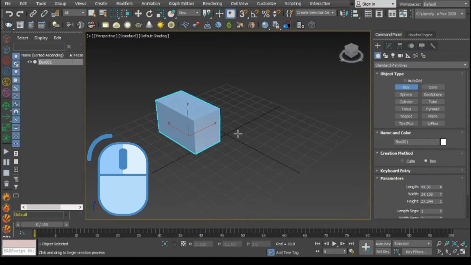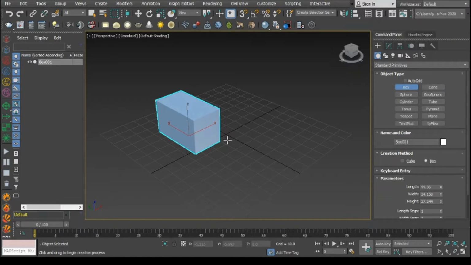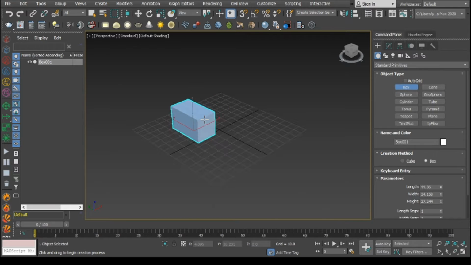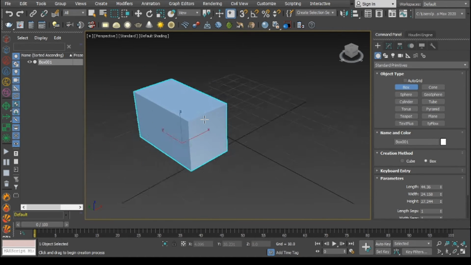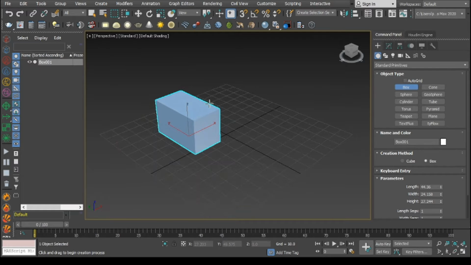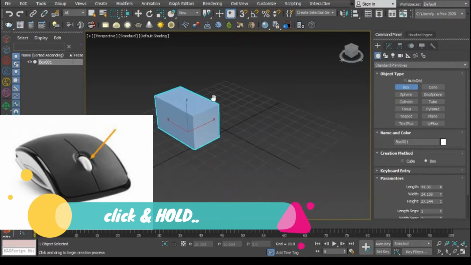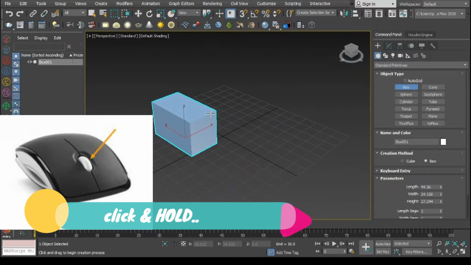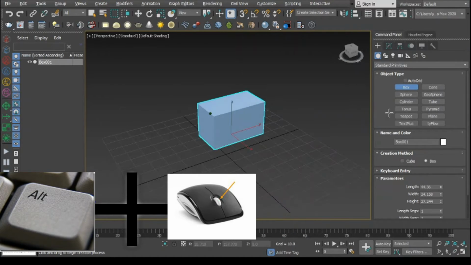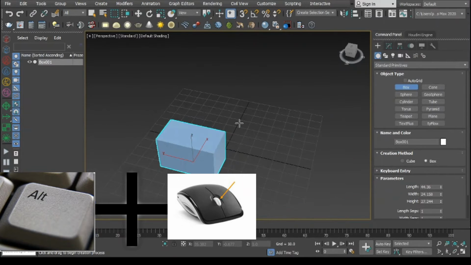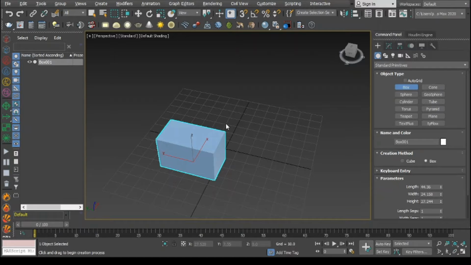So now you must be thinking, okay, how to control this viewport, how to move around this viewport. If you scroll the mouse wheel down and up, you can see zoom in and zoom out. Click the middle mouse button, you can pan around, and if you press Alt and the middle mouse button, you can rotate. And one more thing, if you press Alt plus right mouse button, nothing happens.